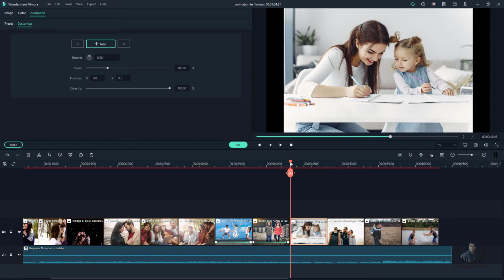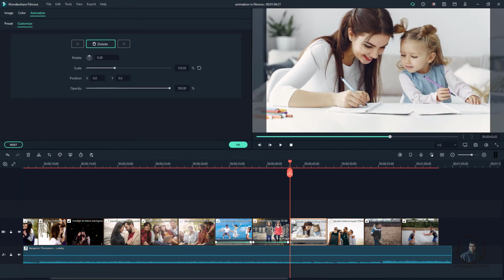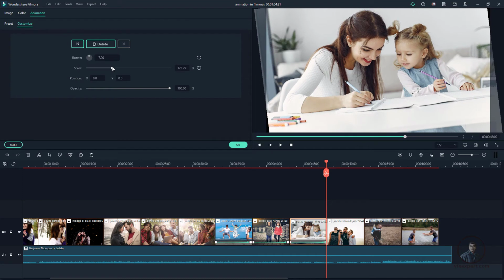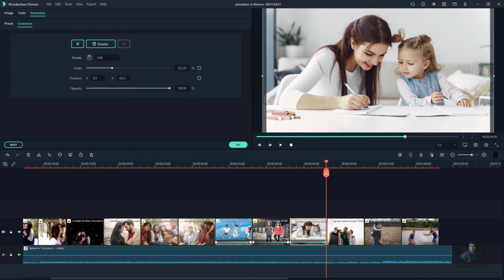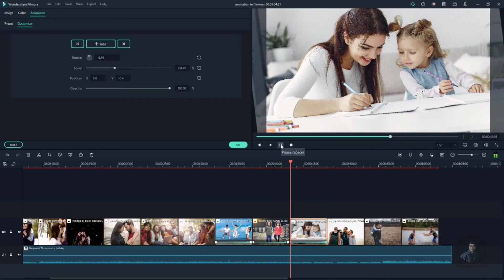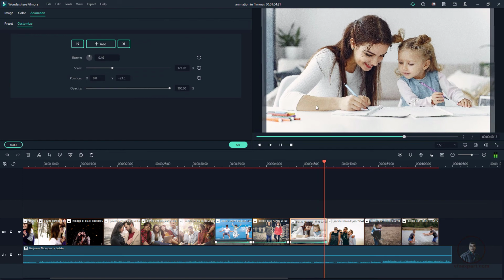Now again select this one, click here, and if you want to create zoom out effect, then again add key on first frame. Then little bit scale here like this, even you can also little bit tilt. Then go to last frame of these pictures, then maybe like this, maybe make it 0. You can click and type also. Even if you want you can pan. Okay, now just play and check here. Okay, so if you want you can also manually animate your picture in Filmora.